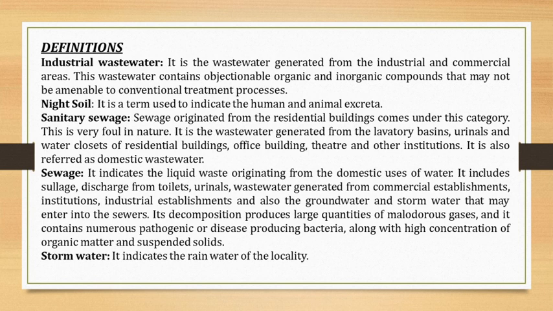Okay. And the next term is sewage. Sewage is nothing but the wastewater generated from bathroom, kitchen, wash basin, then discharge from latrines and urinals. Okay. So all this waste is totally called sewage, which comes from different sources or different areas. It is also termed domestic sewage. Domestic sewage is the liquid waste originating from urinals, latrines, bathrooms, kitchens or wash basins of residential areas, commercial areas or institutional areas. So this is totally called domestic sewage.